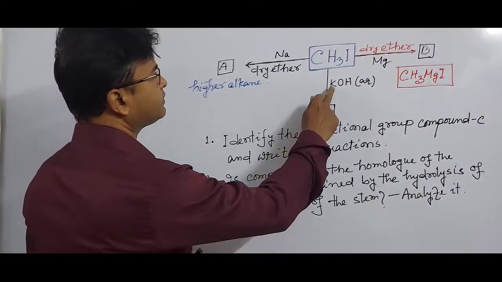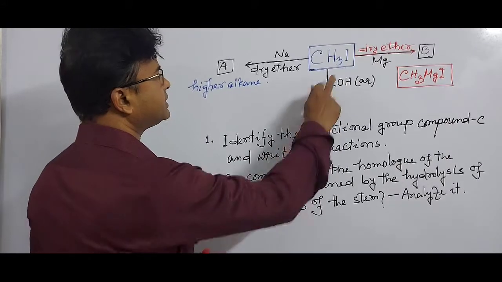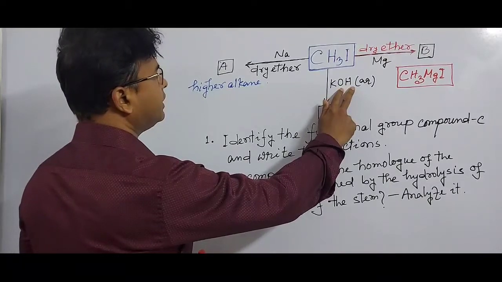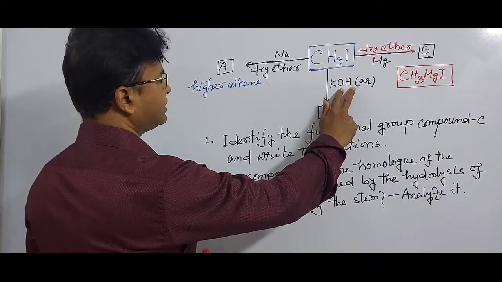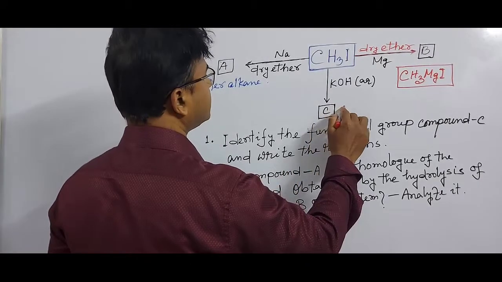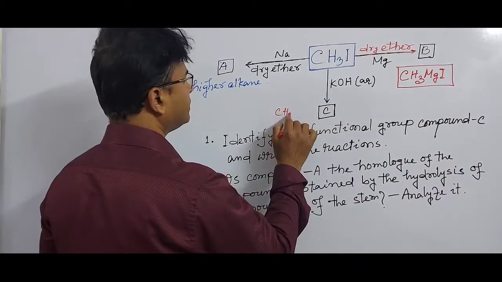You know that potassium combines with iodine to produce potassium iodide, and this iodine is replaced by hydroxyl group of potassium hydroxide to produce methyl alcohol or methanol. So, compound C is methanol,